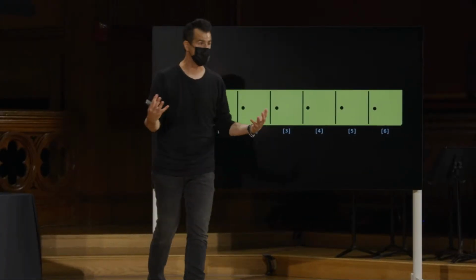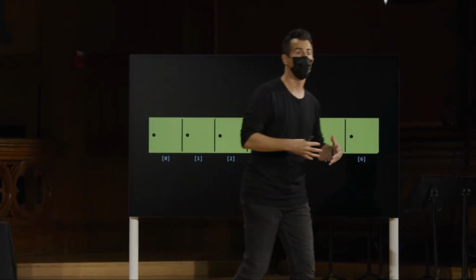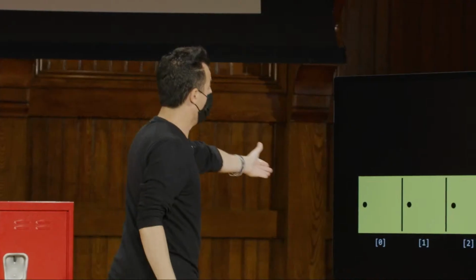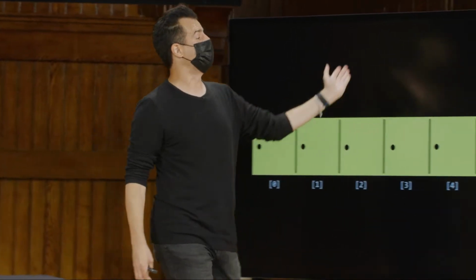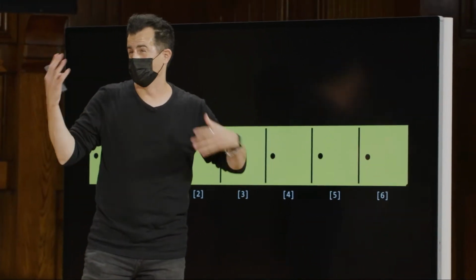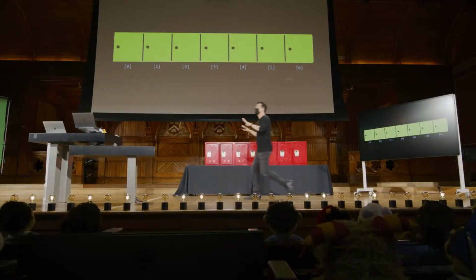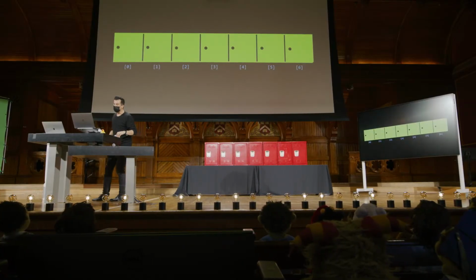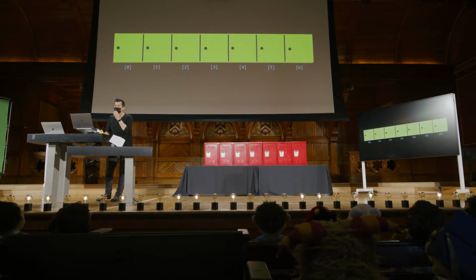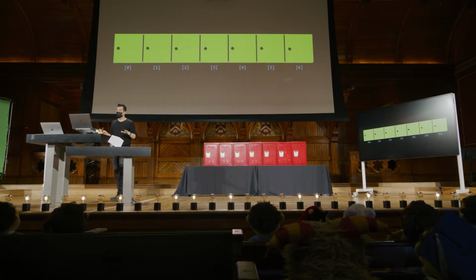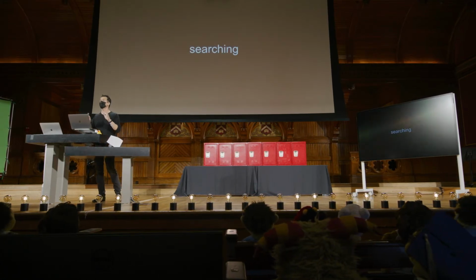So in the general case, if you had n doors or n bytes of memory, 0 would always be at the left, and n minus 1 would always be at the right. That's sort of a generalization of just thinking about this kind of convention. All right, so let's revisit the problem that we started the whole term off with in week 0, which was